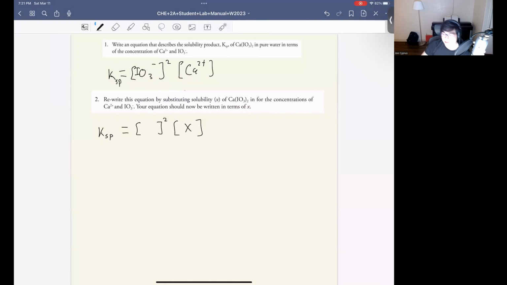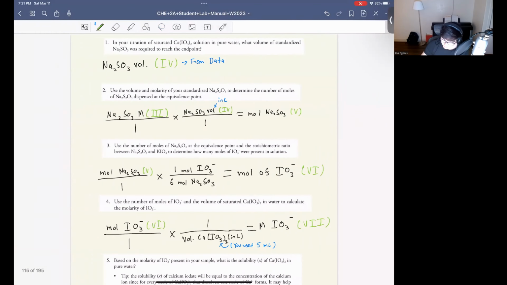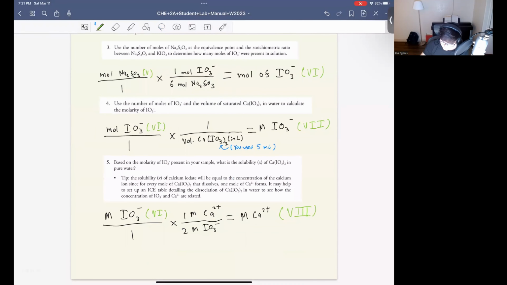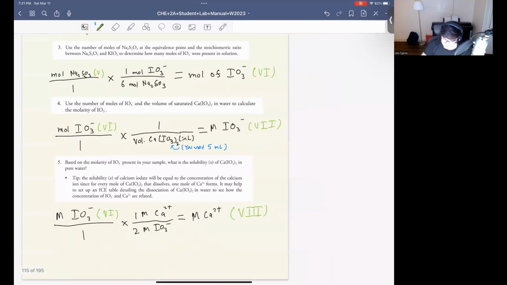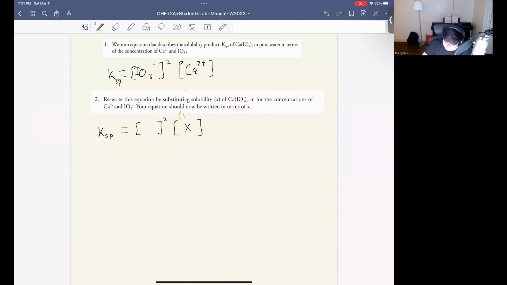Now this calcium is the solubility, right? So that is X. The concentration of calcium is the solubility, is what we call it. This is going to be from number 8, right? So you should have that written down